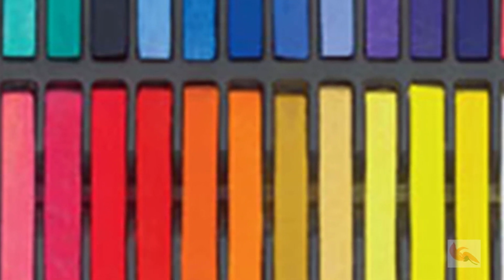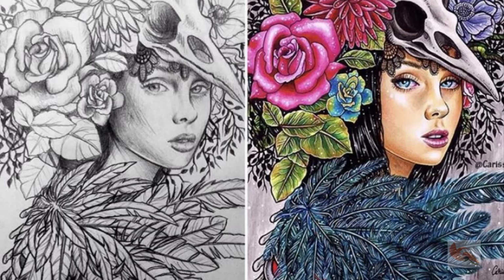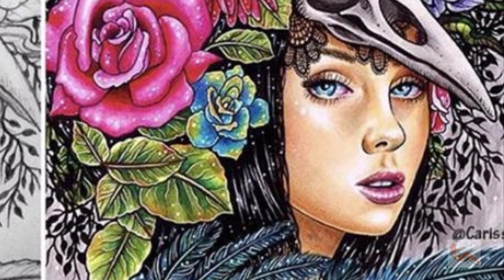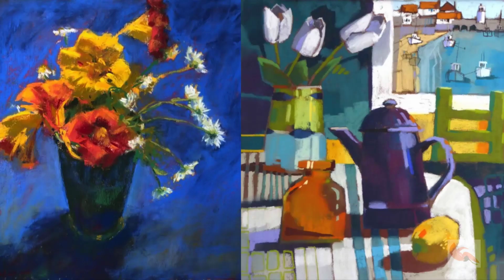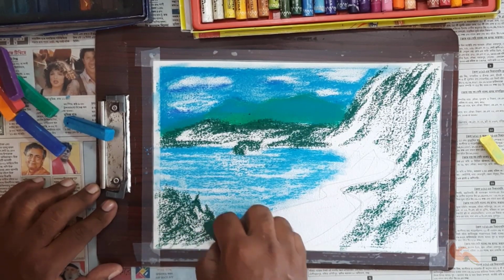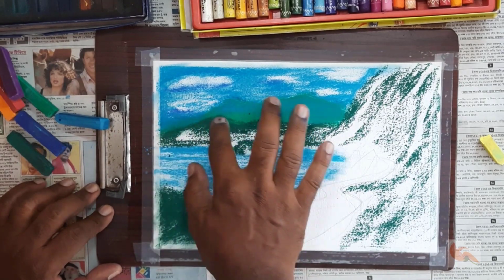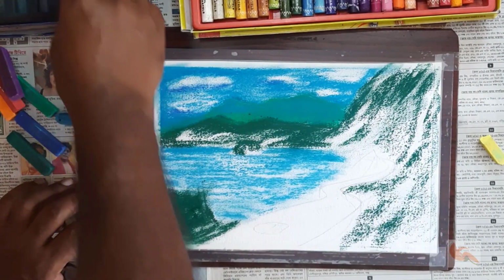Pastels are quite popular for their ease of use and their luminous and vibrant colors. It's ideal for a beginner wanting to make the transition from drawing and sketching to painting. Pastels are suited to all types of images or paintings. They can capture a dramatic landscape or a quiet still life, a domestic scene, or even a moody portrait. Another advantage of the medium is that you don't have to organize a palette or prepare a painting surface before you begin work. There is no need for water or turpentine or any other equipment to clean when you finish.